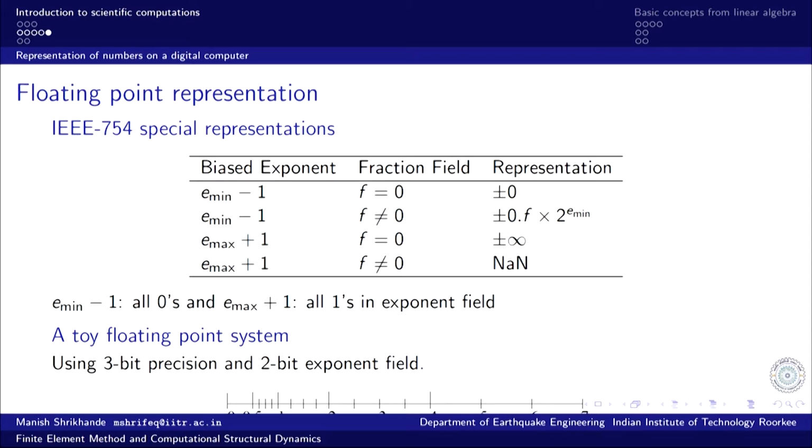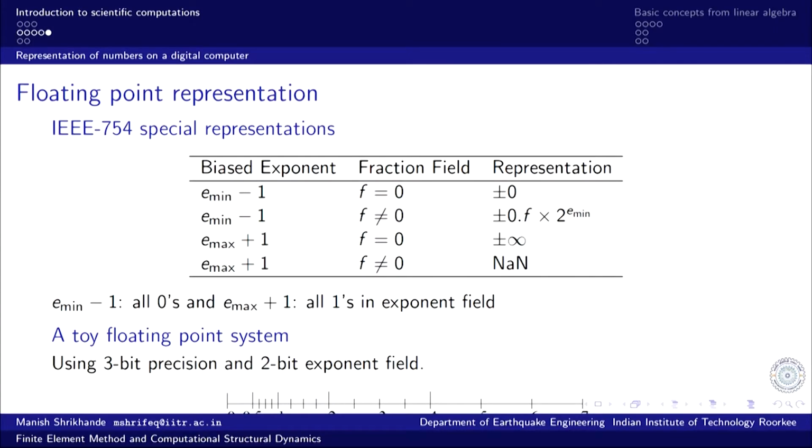between two powers of 2. So, 1.000 multiplied by 2 raised to the power minus 1, right. So, that is 0.5. So, that is the number 0.5 that you have, and then the next number that we have is 1, that is the hidden bit, then 1.001 multiplied by 2 raised to the power minus 1. So, that adds one more increment, and so on until we go to number 1.